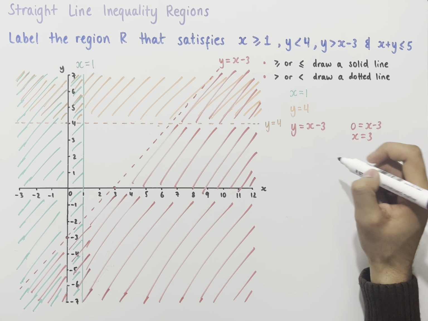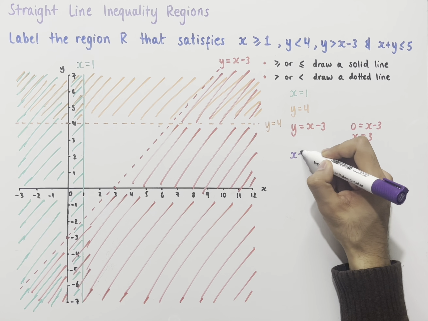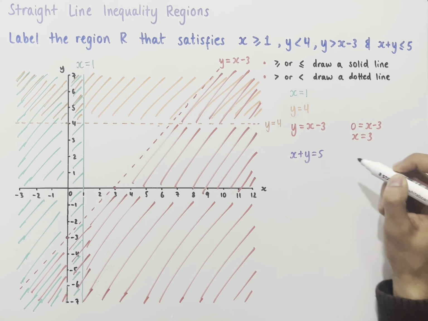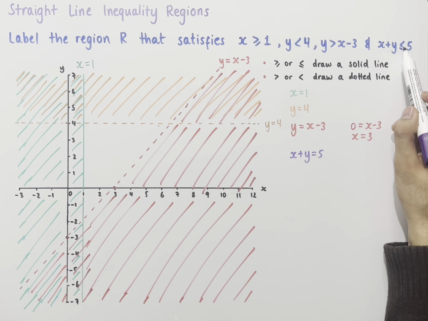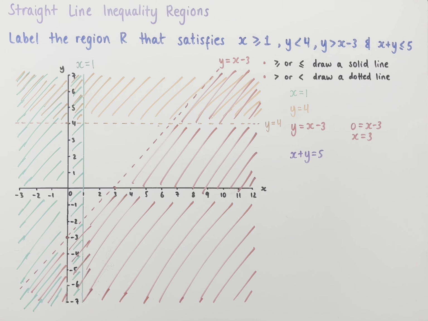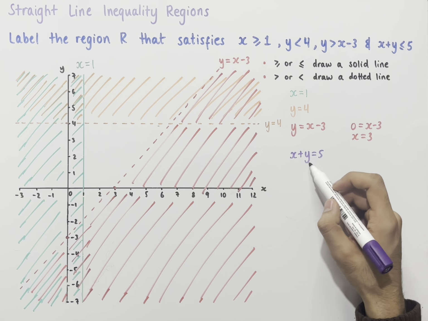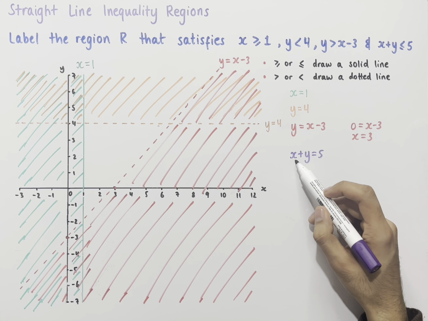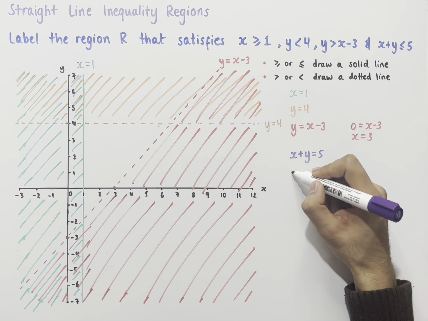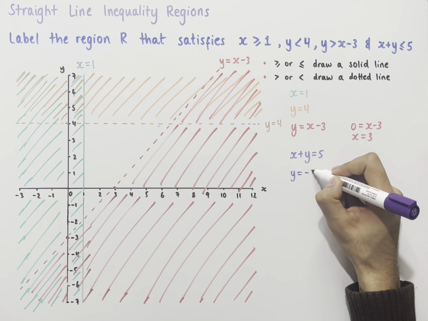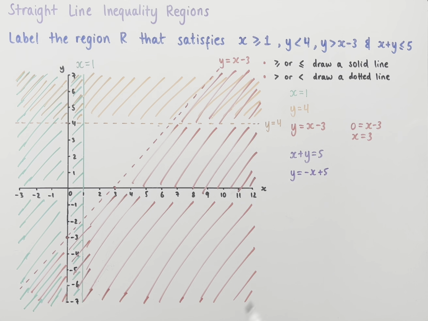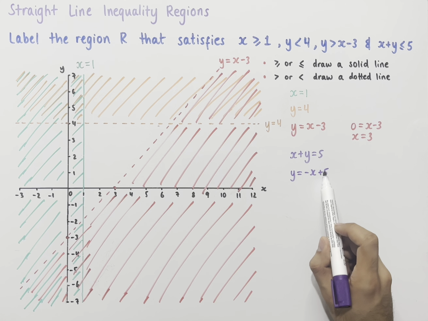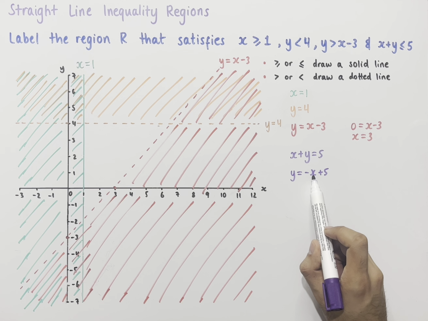So again, we'll start by drawing the line x plus y equals 5. And since the inequality has an equal sign, we'll be drawing a solid line. Now the first thing here would be to rearrange this into the form y equals mx plus c. And so to do that, we would take away x from both sides, which would give us y equals minus x plus 5. We can now see that the y-intercept is equal to 5, since when x equals 0, y